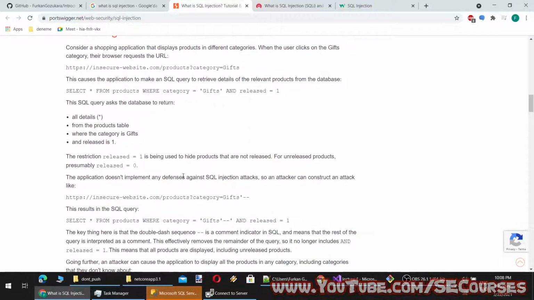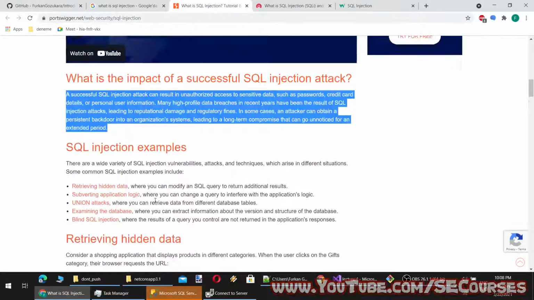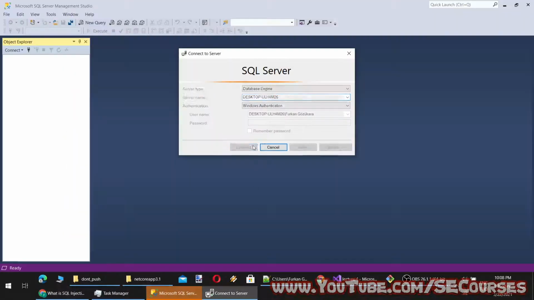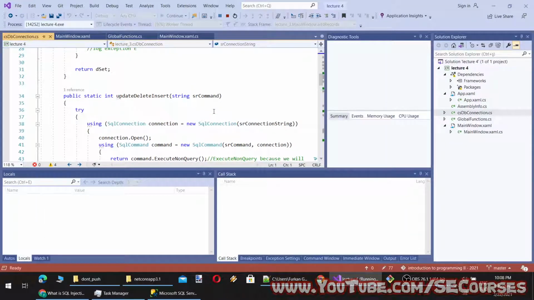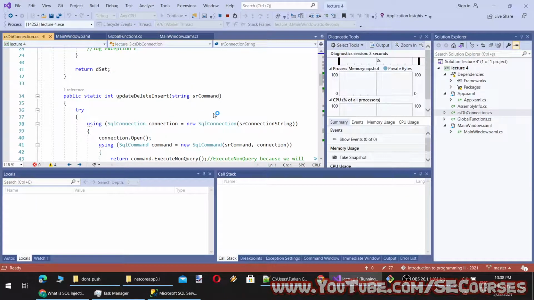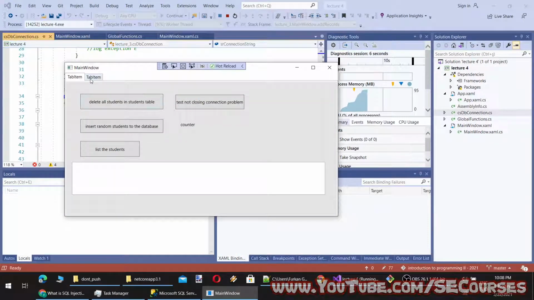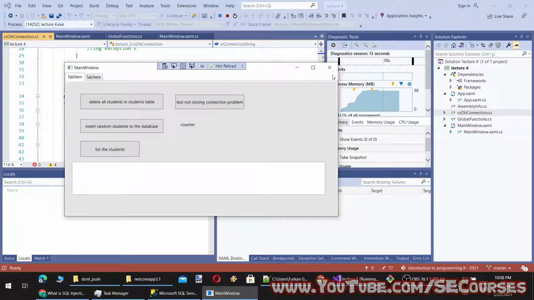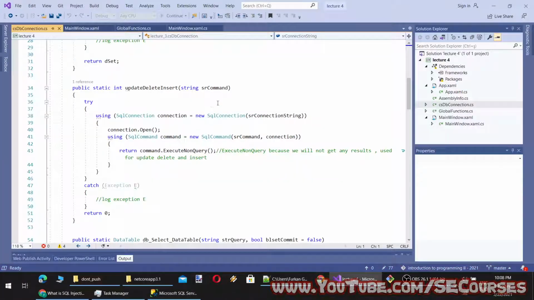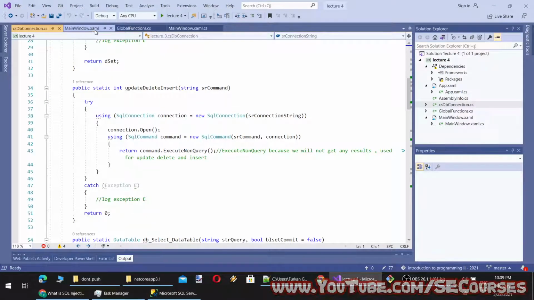Okay, so currently our application is vulnerable to SQL injection attack. You see, we are allowing users to write queries from our interface here, and it is extremely bad, of course. But not only that. Normally you wouldn't allow that, but let's add a simple interface to do something else.